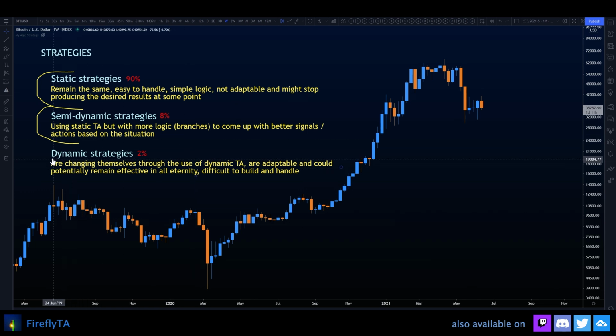So you have to do a lot of trial and error to come up with good semi-dynamic strategies. But if you wanted to dabble in dynamic strategies, you want to find out if this is something that you can use to enhance your trading. And at this point, I would recommend this to everyone who is very, very experienced in TA. So if you have a broad understanding on the markets and the tools you can use to analyze certain situations, and especially you have a good understanding of dynamic TA, that I'm going to talk about in a few minutes,